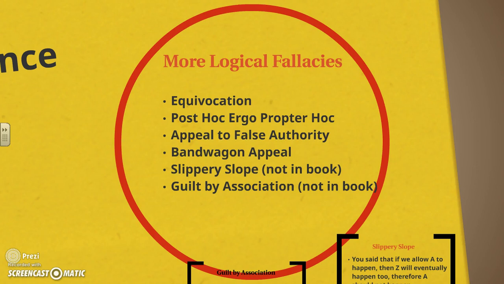The next one we have is post hoc ergo propter hoc. In Latin, this means after which, therefore, because of which. So this one is the idea of connecting things based on causality. So especially with the idea of historical evidence, you have to make sure that your evidence is correct in leading to your cause. So this is where your cause and effect come in, is did these causes really lead to this effect?